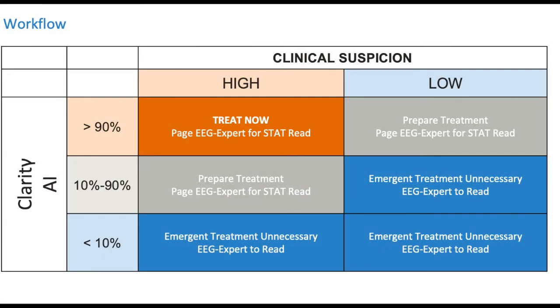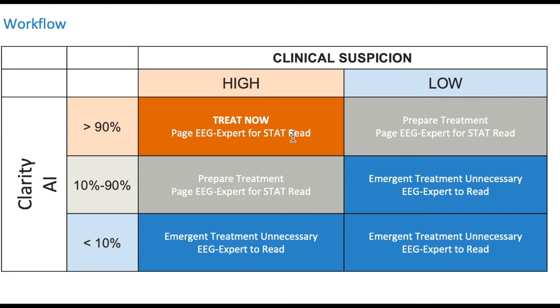Lastly, I'd like to go over the workflow in some of these hospitals where the Clarity has been used. It's important to note that any AI algorithm, like any other tool in medicine, provides an additional clinical data point. It's the accumulation of these data points in the context of clinical suspicion that will determine the path to treatment. If the clinical suspicion is very high, currently every patient is treated. But with the AI, you will treat only the ones that are over 90%, and you will ask the EEG